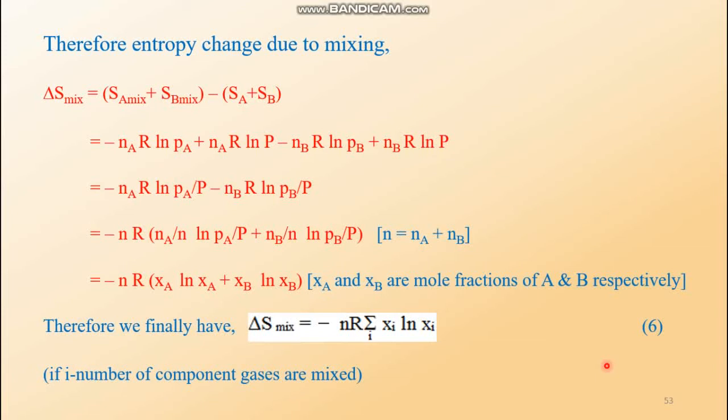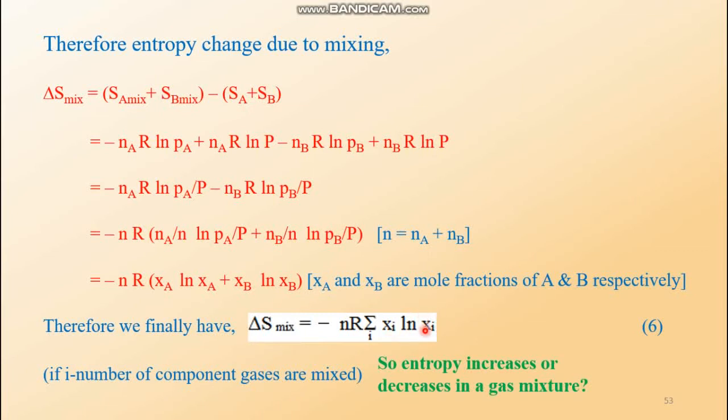Okay, so this is our goal. This was our destination for today's lecture: what is the change in entropy if two or more gases are mixed with each other. Now can you say whether this value is positive or negative overall? Just take your time to think. If this is positive, then entropy is increasing, and if this is negative, then entropy is decreasing, isn't it? So here we have a question: does the entropy increase or decrease?